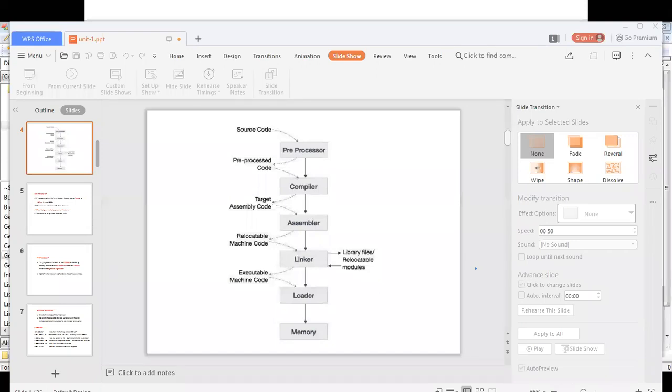Generally, when we come to computer software, it is categorized into two types: application software and system software. What is an application software? What is a system software? Can anyone define? What is meant by application software? What is meant by system software?